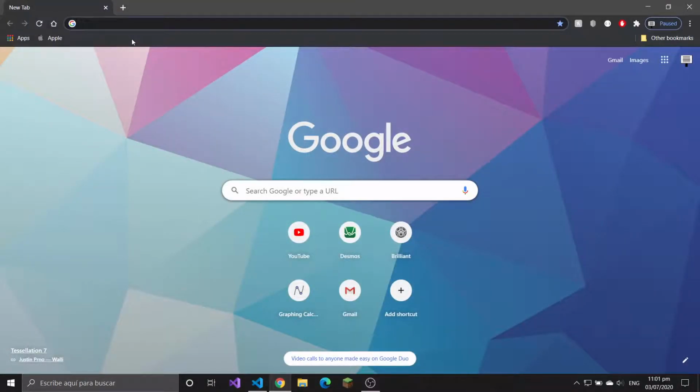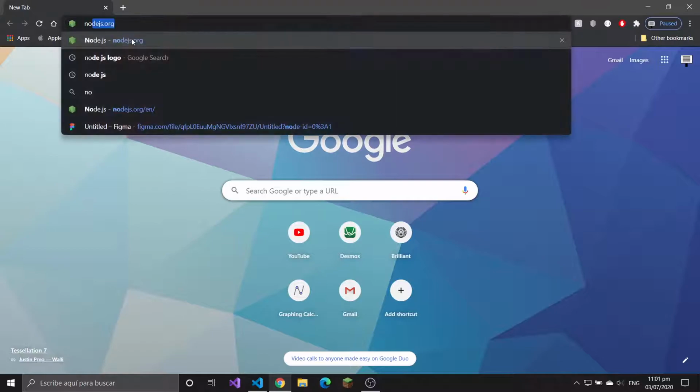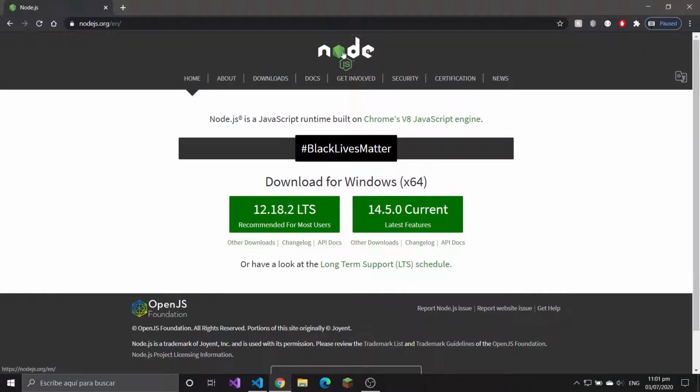As I said, Node.js is a runtime environment for JavaScript. I didn't say that, but I mean, it's a runtime environment for JavaScript. It is very good and just based on Chrome's V8 JavaScript engine. I would recommend downloading the recommended for most users, but if you want the newest features, download this one. I will be using this one. Once you've downloaded that,